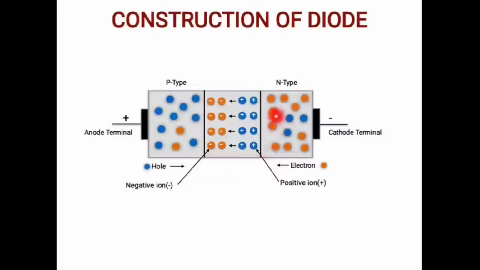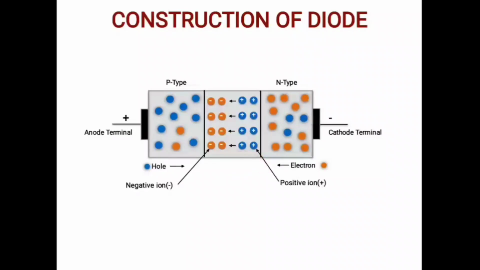At the p-n junction area, these holes and electrons recombine with each other and become electrically neutral by forming ions. These ions are immobile in nature and get accumulated at the junction area. Negative ions are accumulated at the p side of the junction and positive ions are accumulated at the n side of